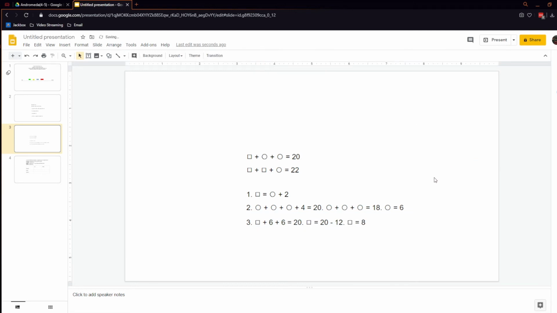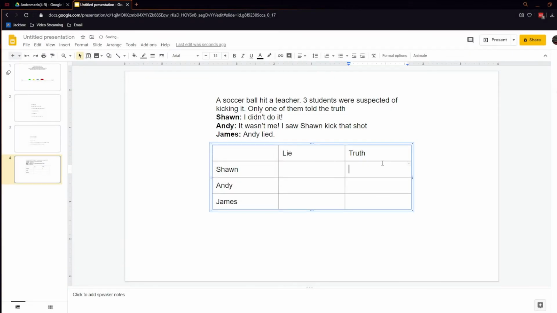And that's the problem. Alright, so the last problem that I'm going to show you today is a grid problem. And the premise of the problem is that a soccer ball had a teacher, and then 3 students were suspected of kicking the soccer ball, and when they were questioned about it, only one of them told the truth. The best way to solve this problem is